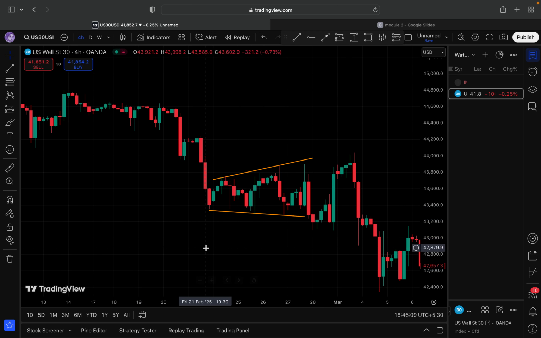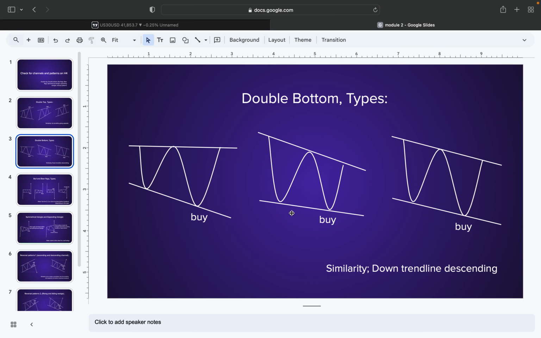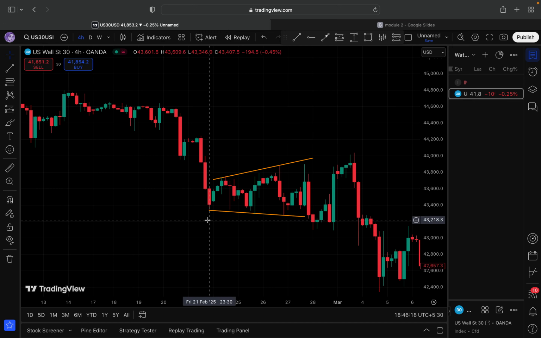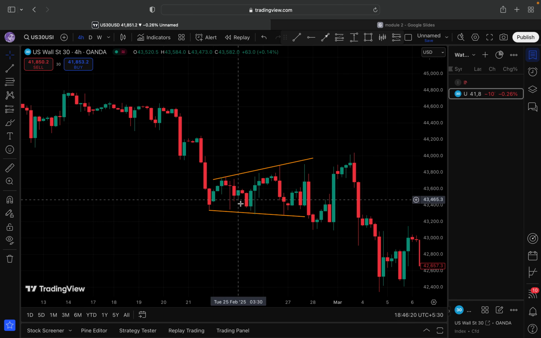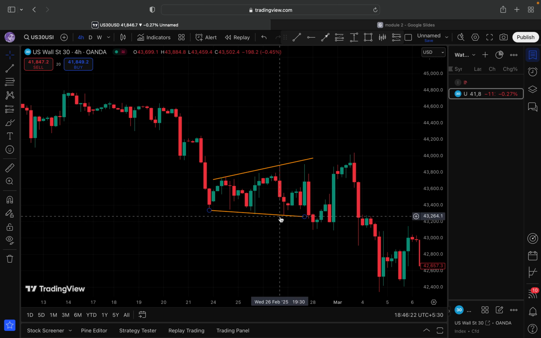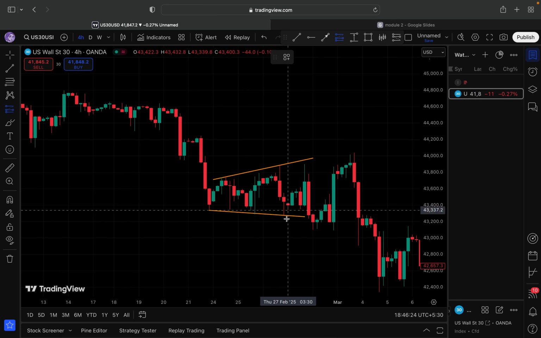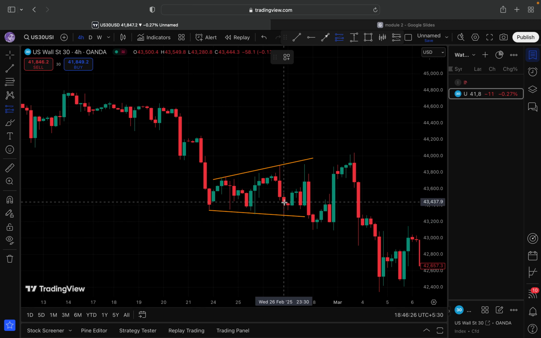This is it. This triangle here. 1, 2, 3. We're expecting a buy, and it did the same. 1, 2, 3. So let's say we saw this, and we'll be taking our buy around here,